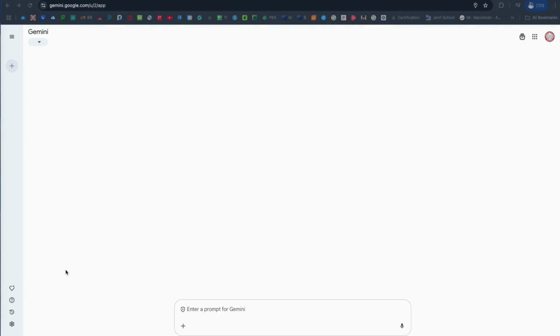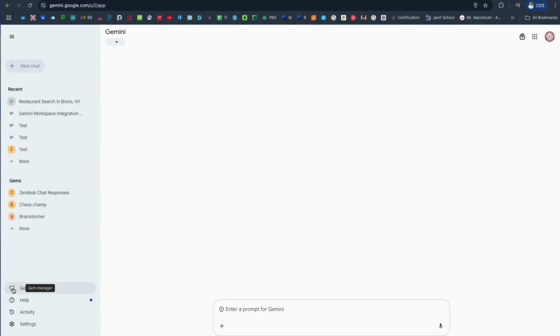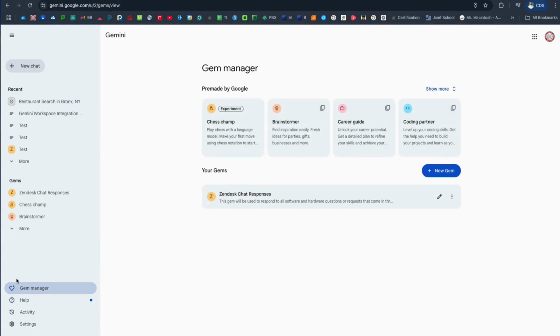So now that we're inside of Gemini, what we're going to do is create our Gemini gem. You can do so by navigating over to the left side of the Gemini page. You'll see a little gem icon. If you click on that, that is going to be your gem manager. That's going to bring you into the gem manager page, and here is where you can